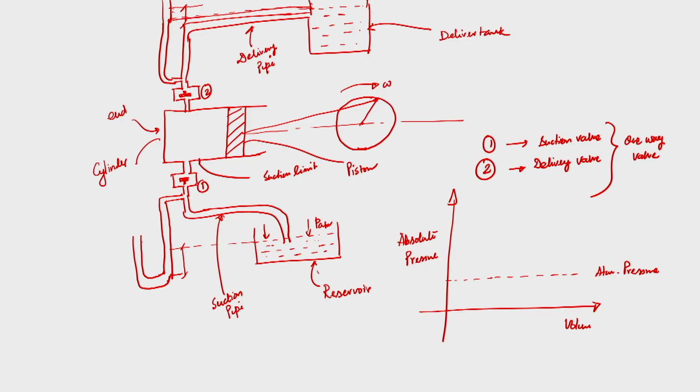So, whenever the piston is coming from the piston end to the open side, a negative pressure inside the piston cylinder, which is below atmospheric pressure, will create a pressure difference, a driving force, that will allow liquid in the reservoir to be pushed into the suction pipe of the supply line, and it will go to the cylinder by lifting the suction valve, because the suction valve is a one way valve.